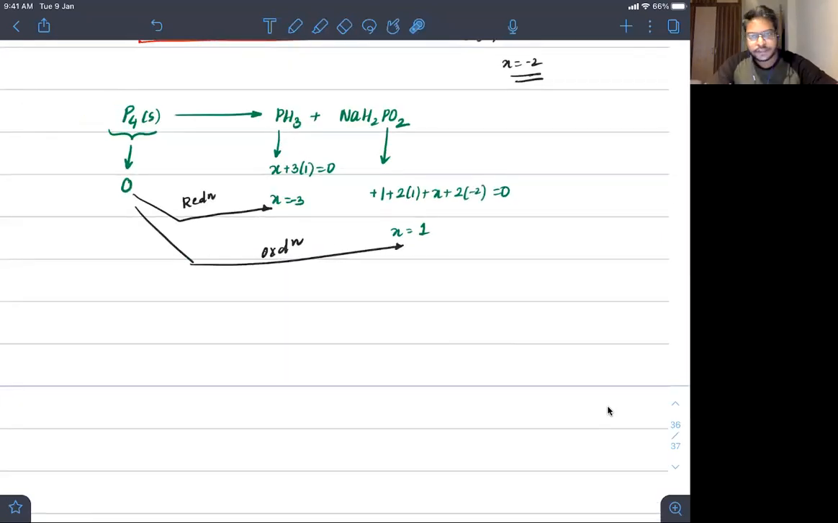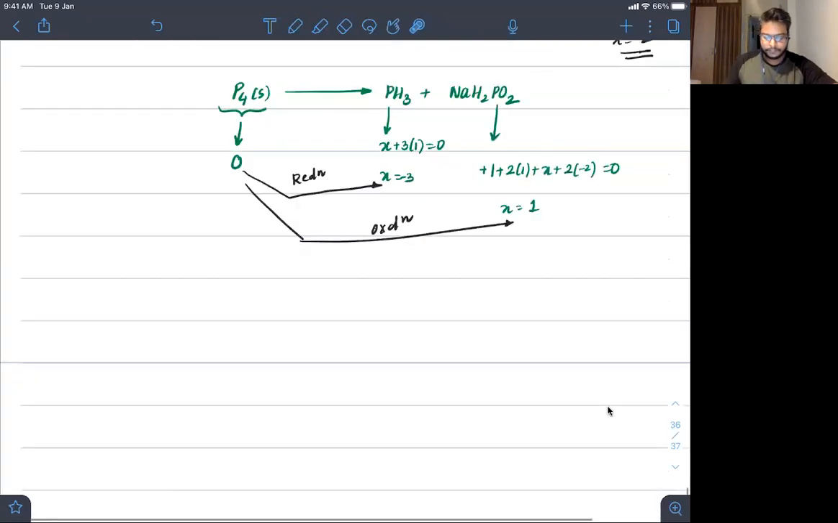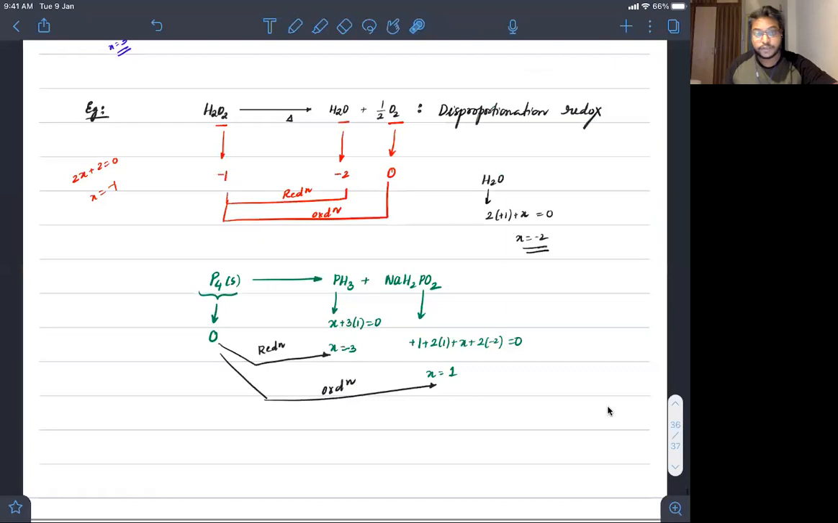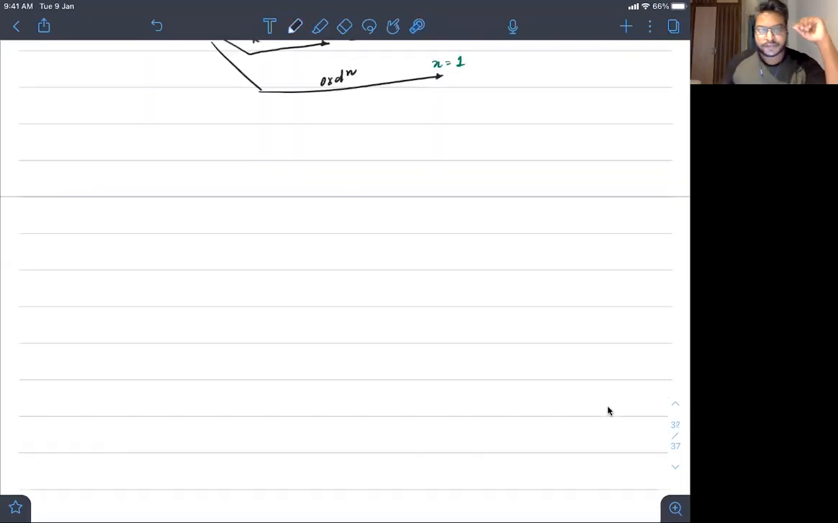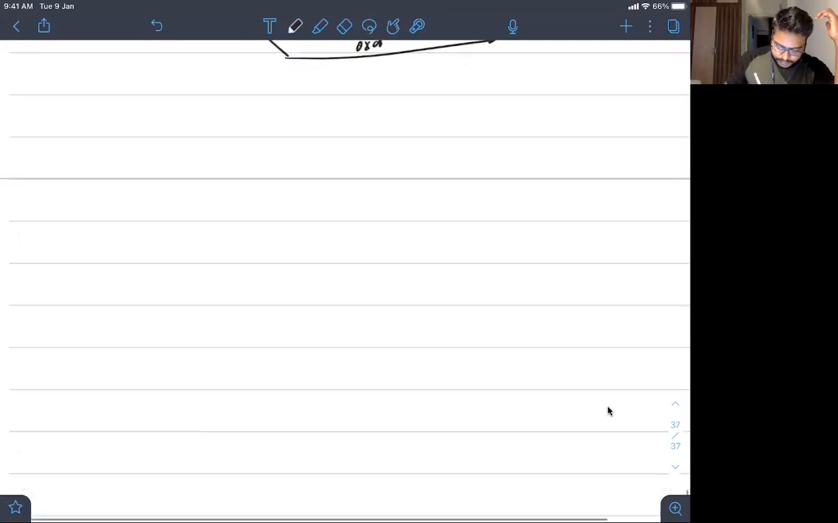So I hope all of you got how this is disproportionation, right? So disproportionation को समझना बहुत important है. Now let me give you one more case which is not disproportionation. Rather, if you see something like this,